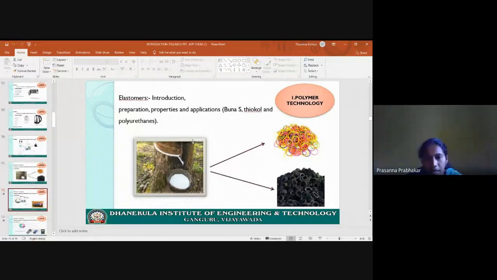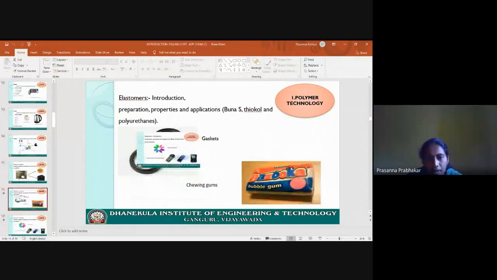Next, examples of rubbers like gaskets, gel pads, cashews, and chewing gums. Okay, these are also examples of rubbers. Next,